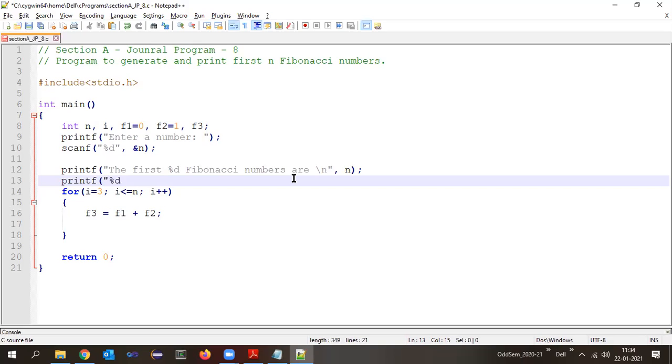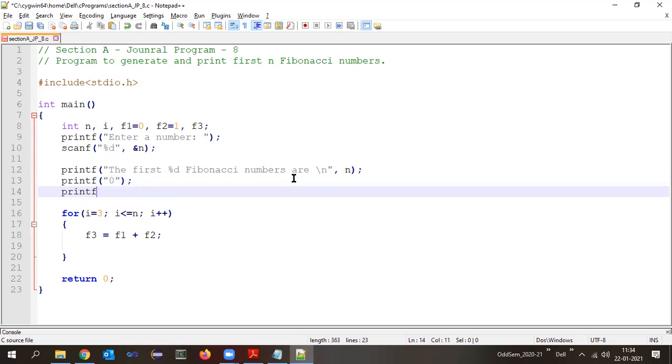This is the way we have to write, but we can directly hard code this one. I know the first number is 0. What is the second number? 1. This way also I can write. But the more standard way is what I had written previously: printf percentage d and then f1. Next, the statement for f2.